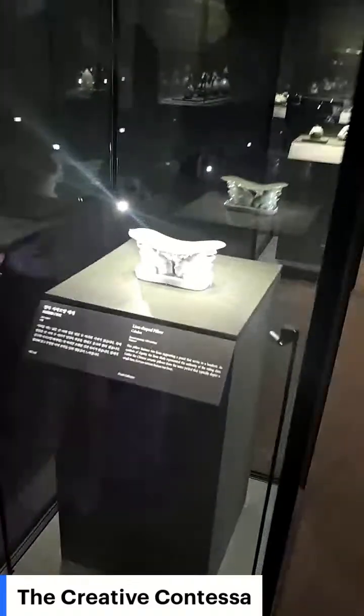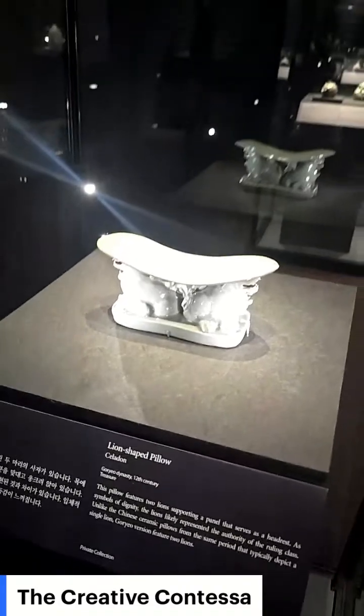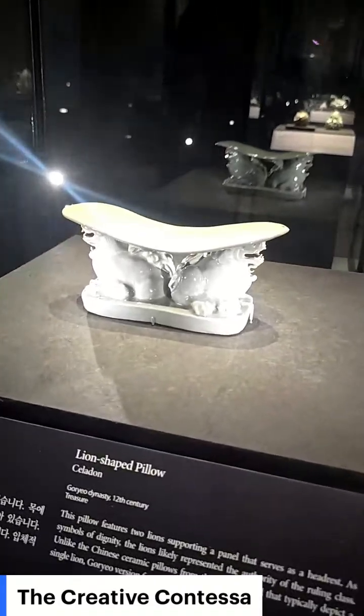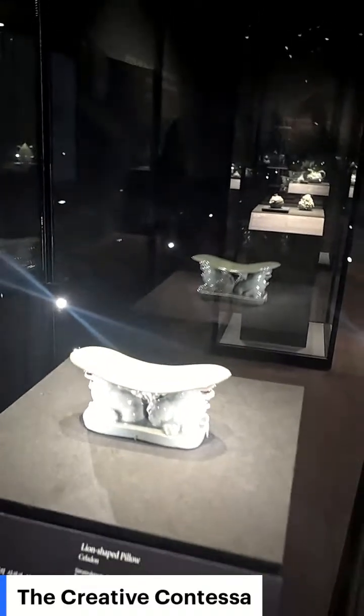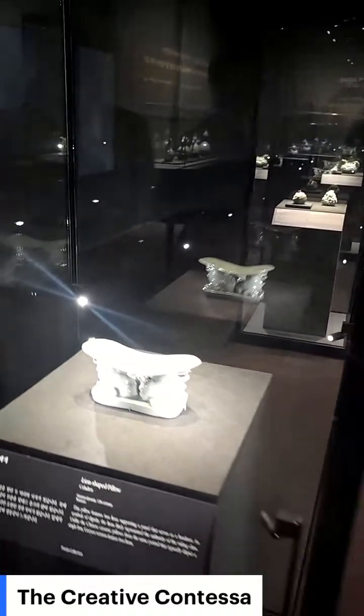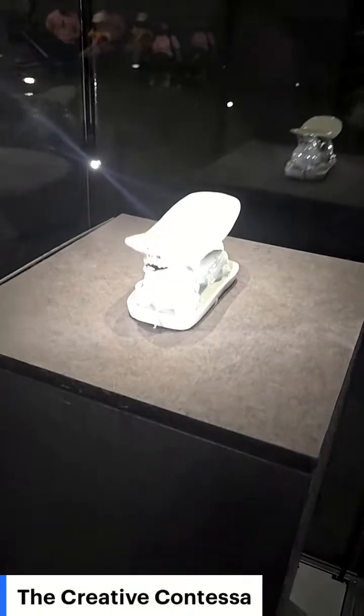Oh my God. Yeah, this weird thing. Okay. So this is a headrest. They call it a pillow. Definitely not a pillow. It's a headrest. And so they think the lions likely represented the authority of the ruling class. Unlike Chinese ceramic pillows that typically depict a single lion, Goryeo apparently upped the ante by adding a second lion